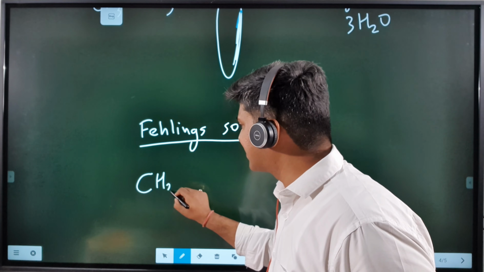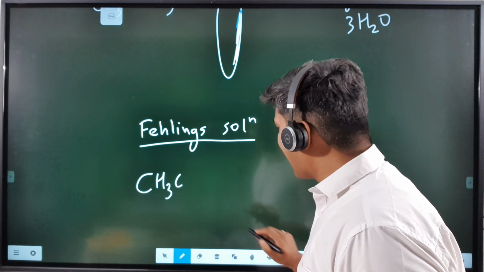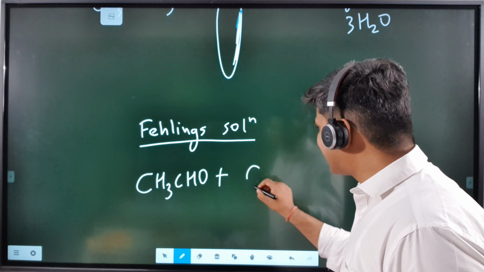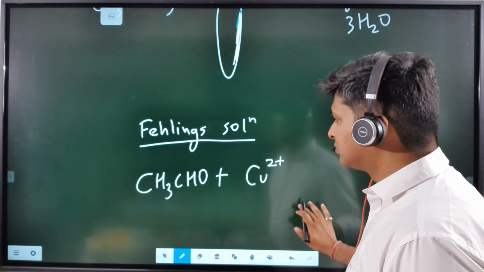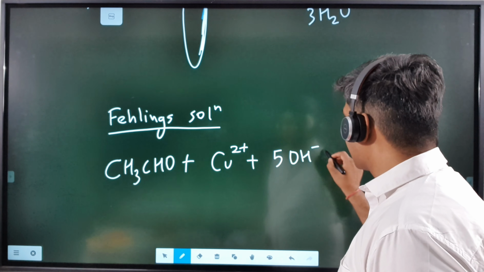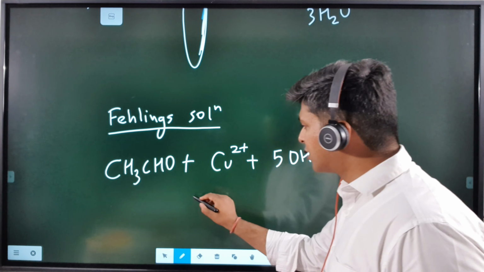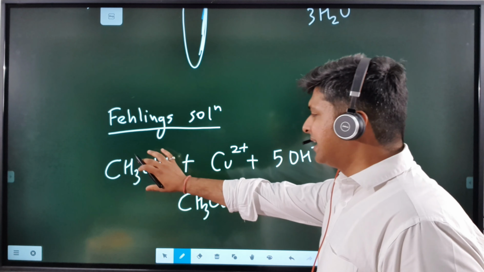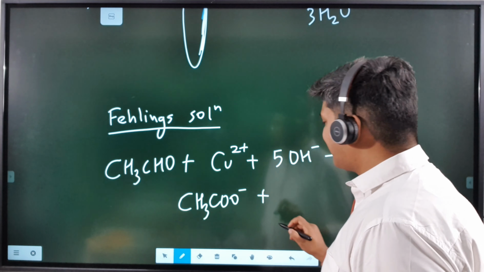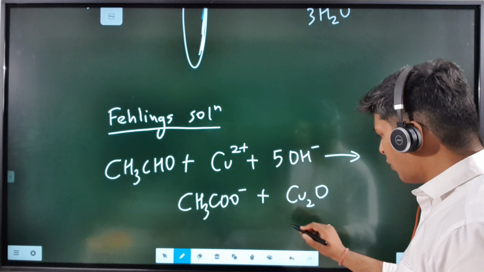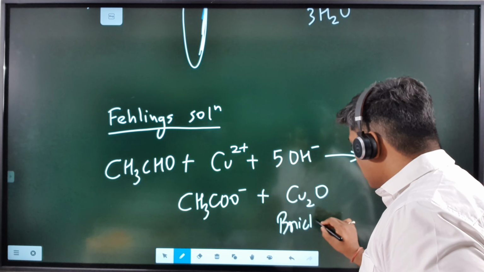So here we are having acetaldehyde, CH3CHO, plus we are going to add Cu2+, plus 5OH-, and it is going to give us CH3COO- in the ionic part. That means here you can see that aldehyde is oxidized. When aldehyde is oxidized, this cupric ion is going to convert into Cu2O, which is brick red in color. The moment you see